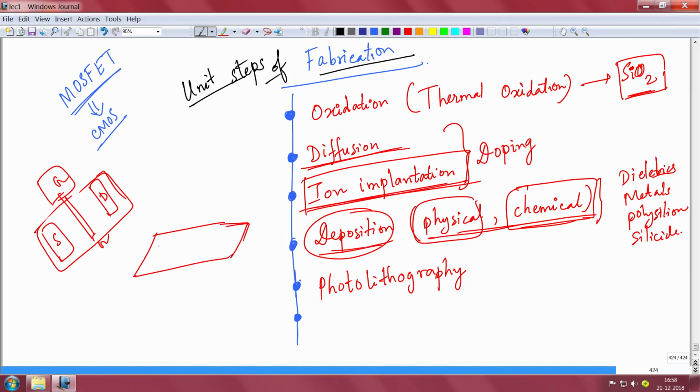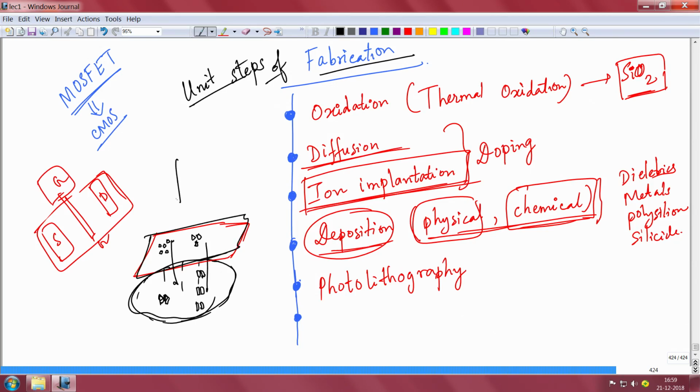On that you have these small features, you cannot see with the eye, probably microscopic or nanoscopic features. These are like transistors, maybe there is a source, there is a gate, and then you have the silicon wafer below. On the silicon wafer you have to transfer the mask patterns, so that you have all these source, drain devices here, maybe source, drain, source, drain, source, drain. You have to transfer these patterns from the mask to the actual wafer by exposing them to UV light.